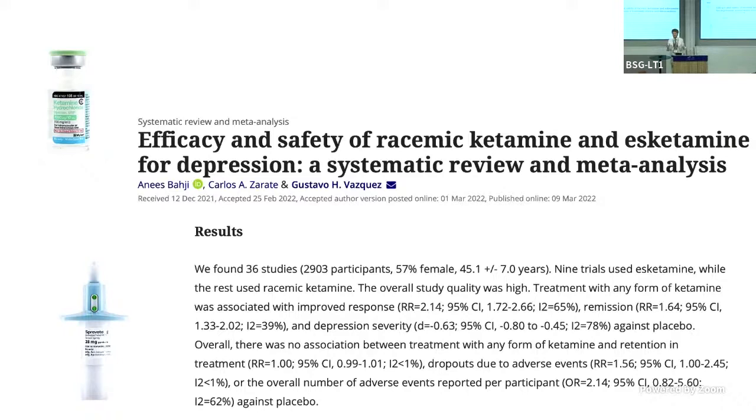You really don't see any differences, with the exception that, when you control for route of administration, S-ketamine is more potent, which is what you would expect if it's the primary contributor to the antidepressant effects of racemic ketamine. I'm not saying that R doesn't contribute to racemic, but it's very hard to figure out how much is really left for it to explain. If you can explain almost all of its activity with S-ketamine, how much is R really contributing?